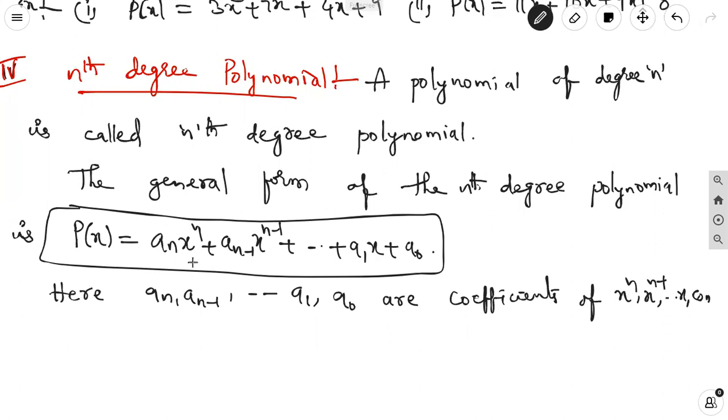In this, we can discuss what are the coefficients of the x degrees. Here, an is the coefficient of x to the power of n. An minus 1 is the coefficient of x to the power of n minus 1. In the same way, a1 is the coefficient of x. A0 is a constant. Okay, based on this only, the first exercise problems are there. Now, we are discussing the problems of first day.